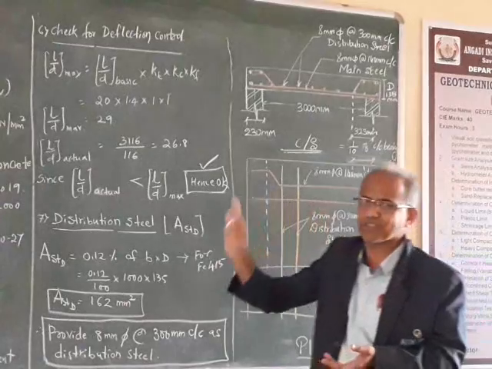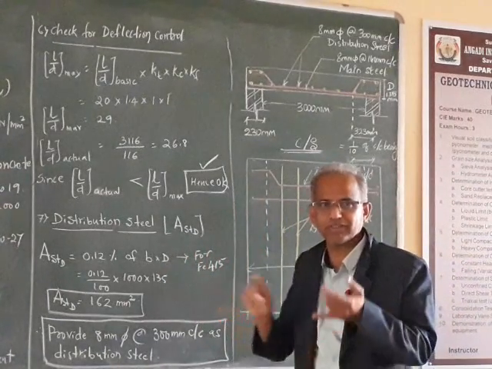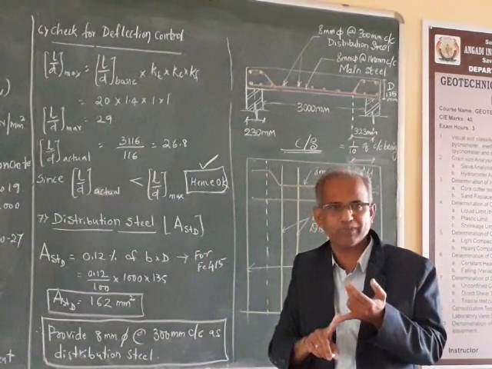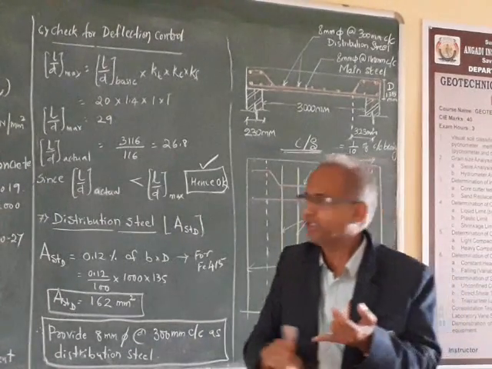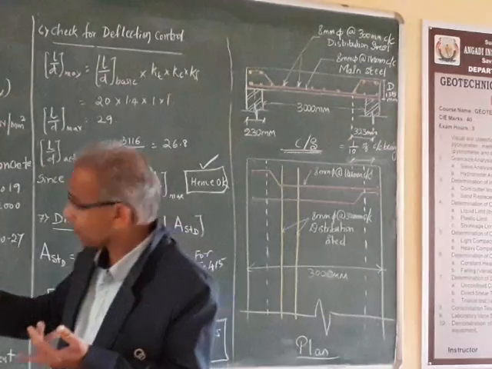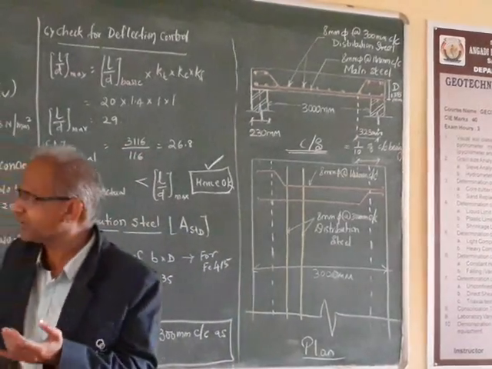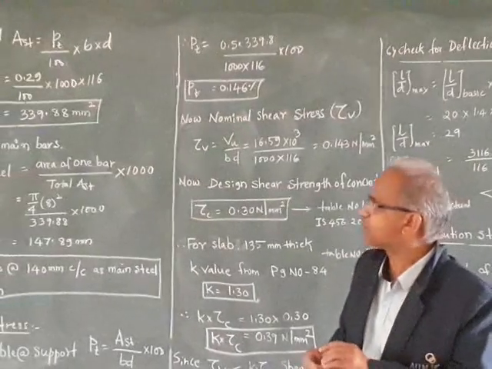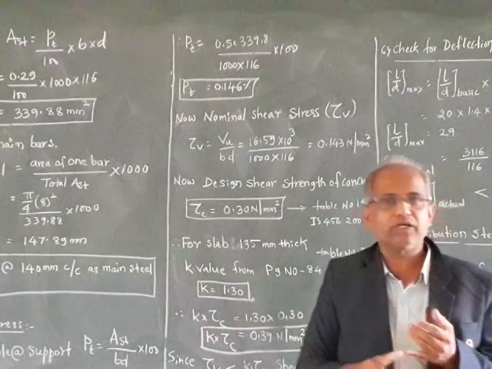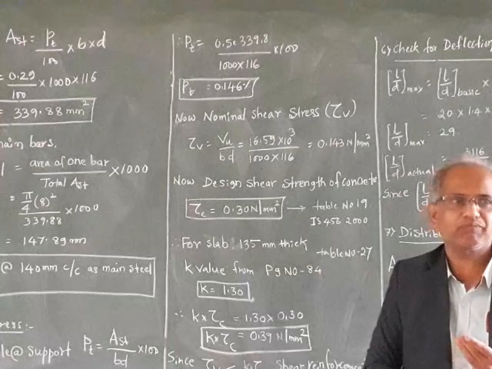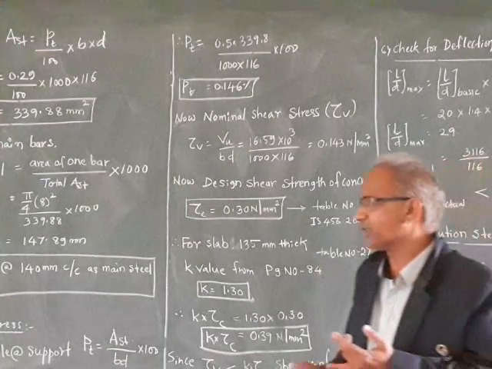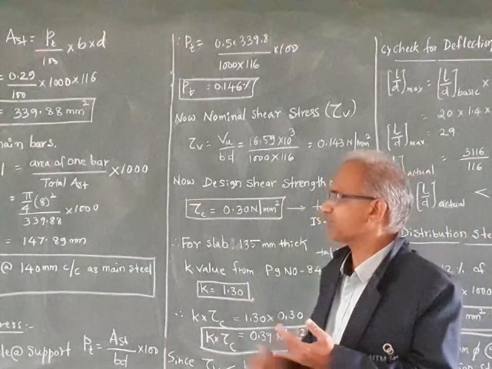So these are the steps you have to remember. First you have to find out the dimension, that is using L by D ratio. Once you find out the dimensions, the next step is you have to calculate the total load. Then you have to calculate the effective span, right? So once you find out the effective span, then you can check for the